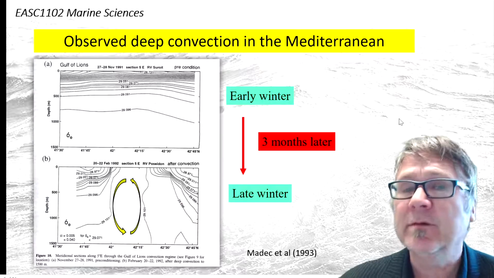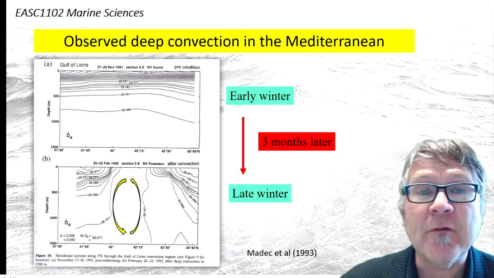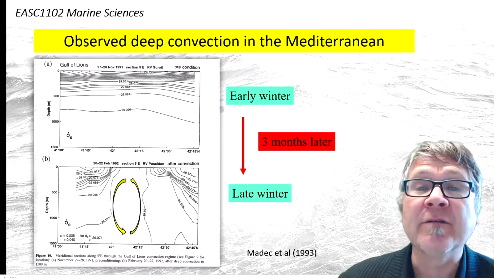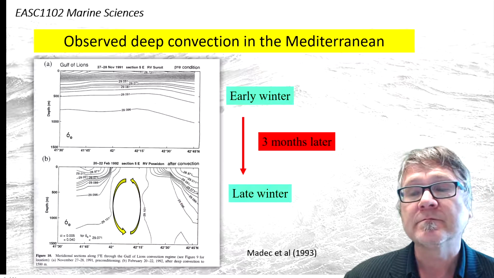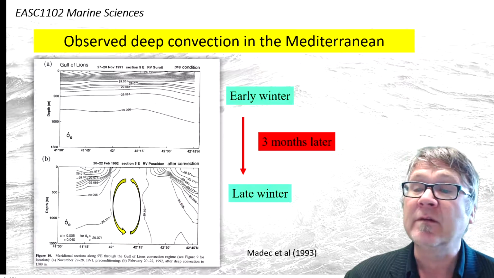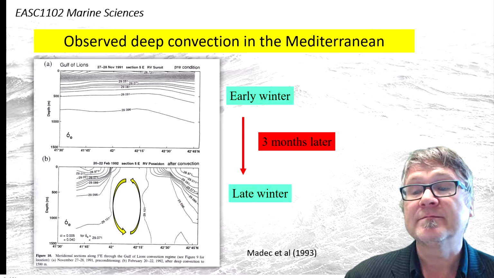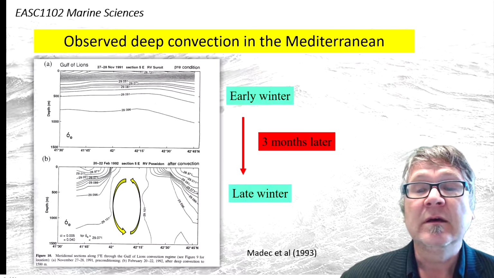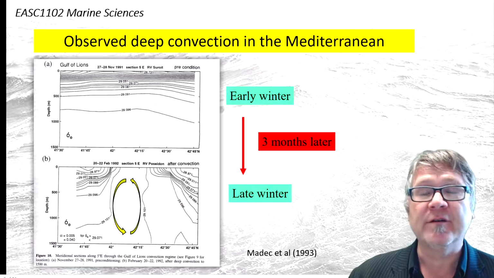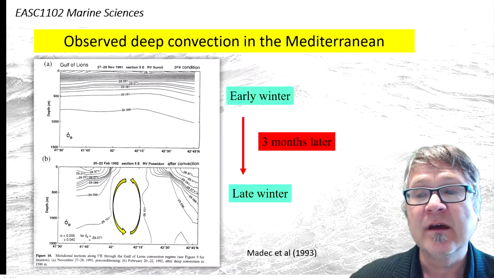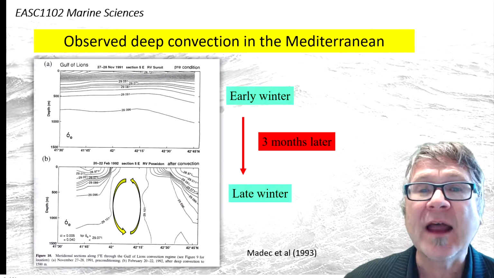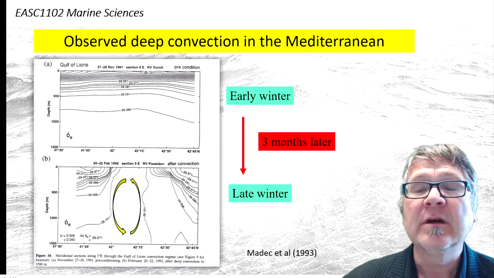And as promised, here's some observational evidence of a deep convection event in the Mediterranean Sea, in the Gulf of Lions. What's shown here are vertical slices, vertical transects from the surface to about 1.5 kilometers depth, showing